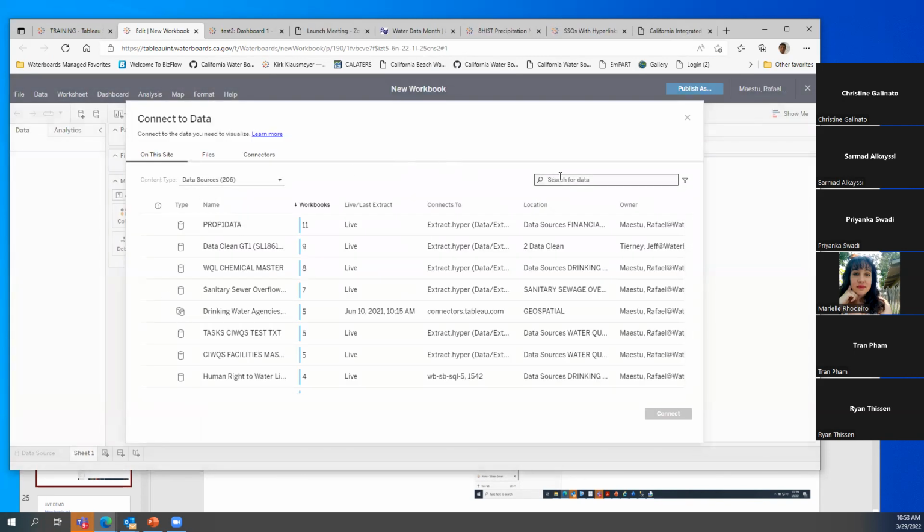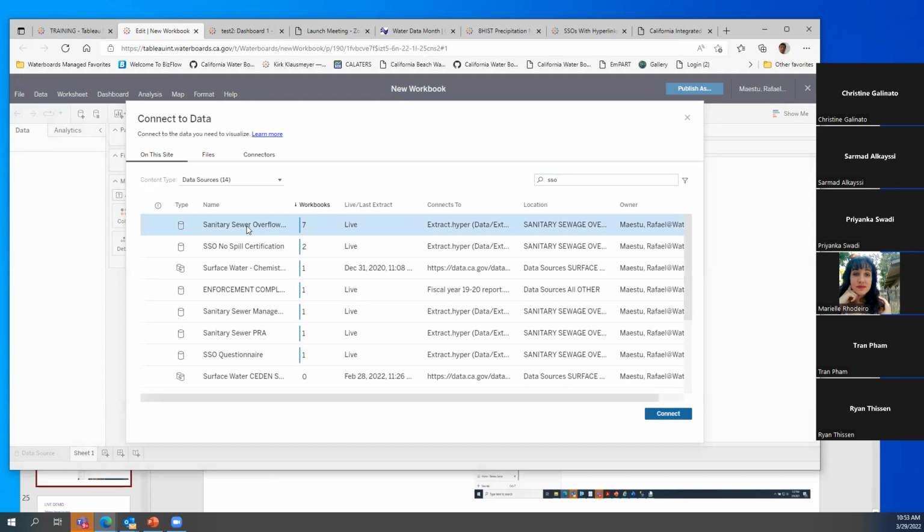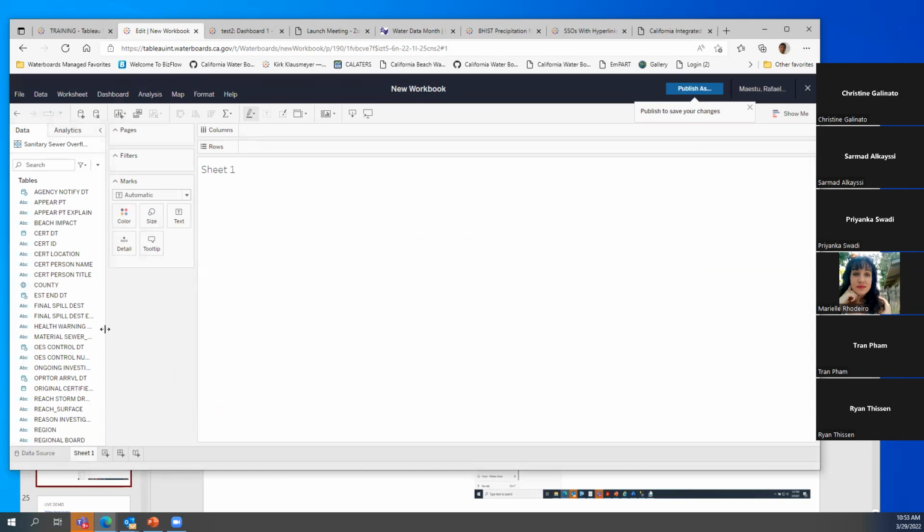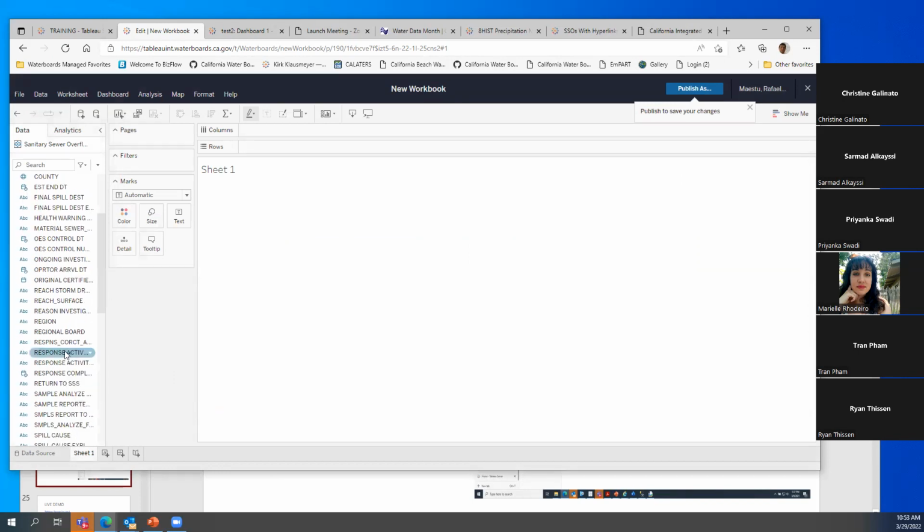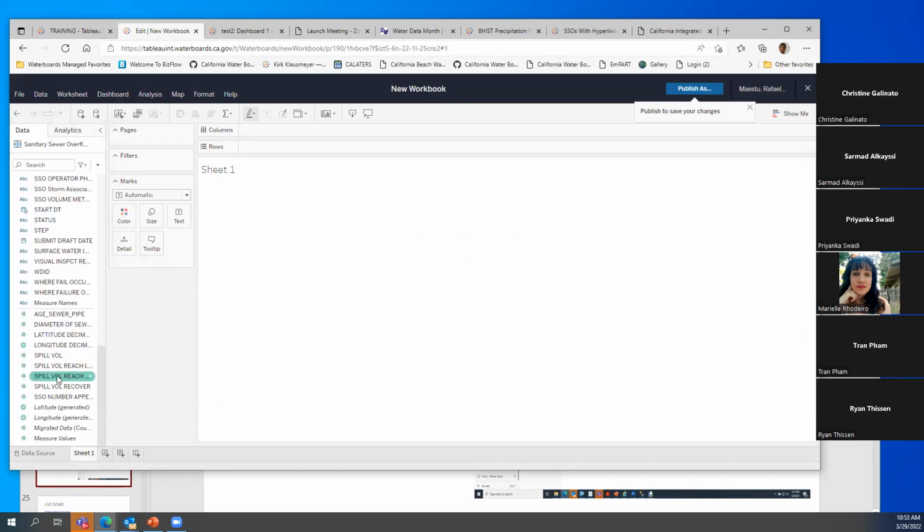Let's do, for example, SSO. You can search, connect to the data, and then in here we should have the latitude and longitude.